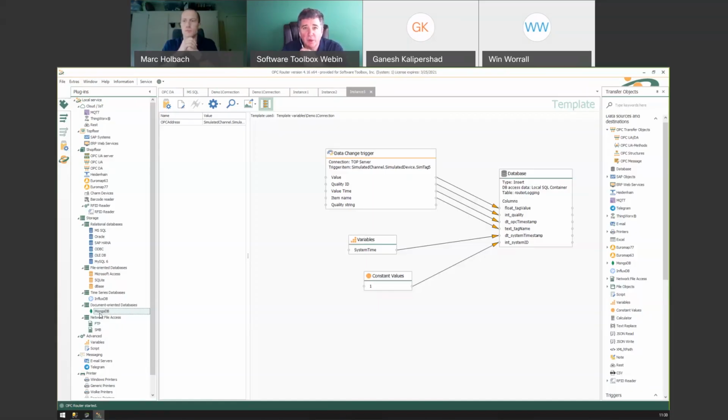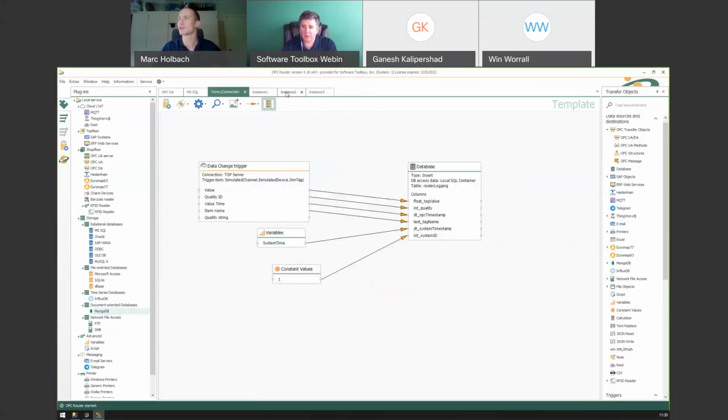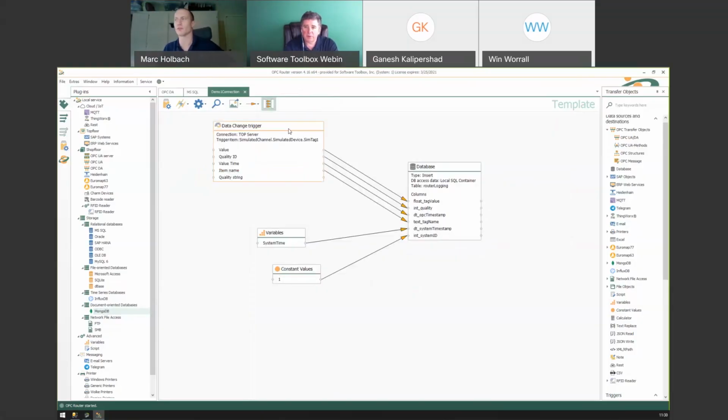I'm going to move on to one other question here, which is, rather than log the data down in columns, what if we need to put the data across fields, i.e. SIMTAG1, SIMTAG2, SIMTAG3? Yeah, so that's also possible. And let me show you really quick how I would do that, because that's actually when I was setting this up initially before I went to this data trigger configuration. That's kind of the route I was starting to go. So if you're using more of a wide table format where you have each column,